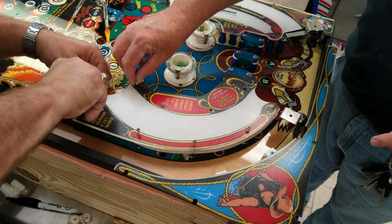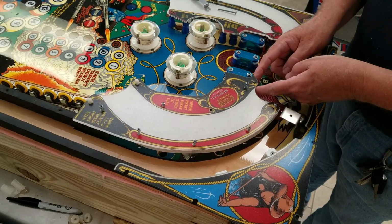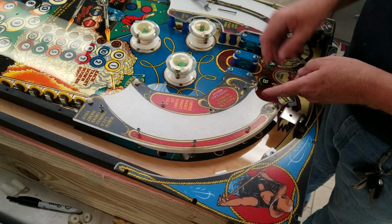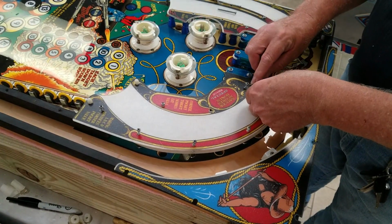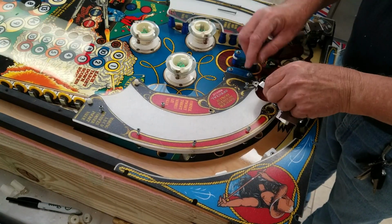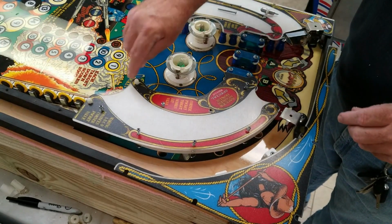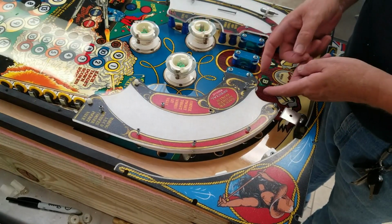So we are temporarily latching these two down. There's another post that we have to mount under here, and that post carries this gate, which comes across and mounts to another post over here. So we're going to start by centering the adjustability of this down in this area, and then we're going to